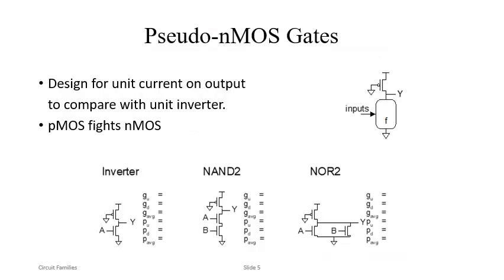Next one, pseudo NMOS circuit. In the design for unit current on output to compare with a unit inverter, the PMOS is ratioed with the NMOS. Here are some examples of pseudo NMOS gates: inverter, NAND gate and NOR gate. Here is the implementation, so the values. Already we know that PMOS has the value 2 and NMOS has the value 1. Then 2 and 1. What about the